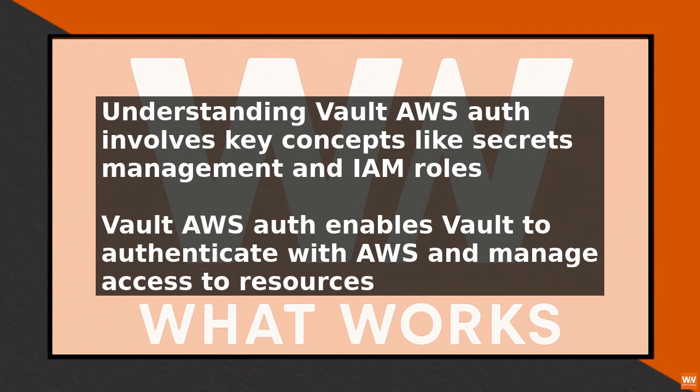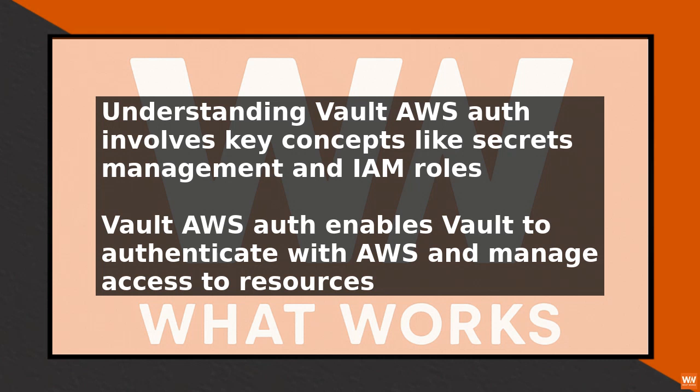Vault is a secrets management tool that securely stores and manages sensitive data, while AWS Auth is a method of authenticating with AWS using IAM roles. The goal of Vault AWS Auth is to enable Vault to authenticate with AWS and manage access to your AWS